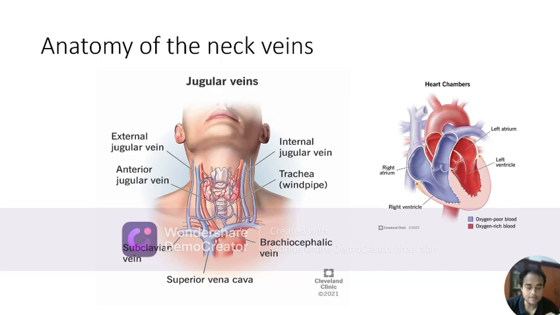Now, since the SVC and the IVC both drain into the right atrium of the heart, whenever the right atrium pressure rises, by back pressure this causes a rise in the pressures in both the superior vena cava and the inferior vena cava. Since the internal jugular vein is a tributary of the superior vena cava, whenever the pressure rises in the right atrium and the superior vena cava, the pressure also rises correspondingly in the internal jugular vein, causing it to be engorged. Therefore, the engorgement of the internal jugular vein in the neck actually signifies a rise of the pressure in the right atrium of the heart.